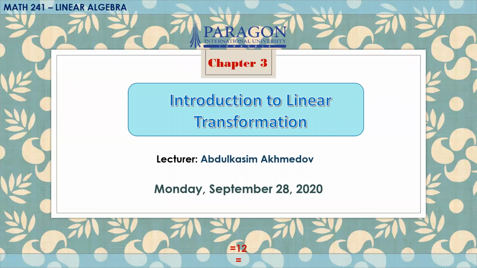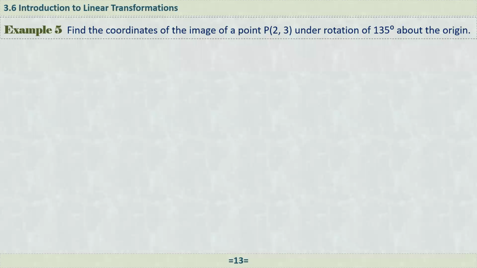Hi, in this video, we'll talk about 3 examples related to linear transformation. In our last video, actually, we talked about linear transformation and we did a few examples. And here we're going to see 3 more examples. So the first one: find the coordinates of the image of the point P(2, 3) under rotation of 135 degrees about